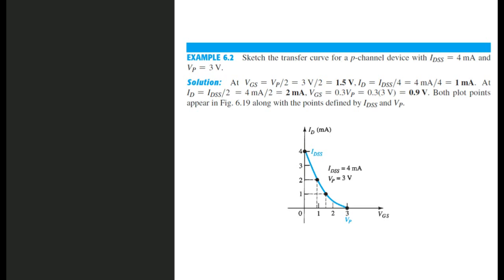reverse behavior than N channel. So the curve will be at right hand side in P channel devices. So I hope this example is very easy for you guys, and you can solve it by yourself. So let's move to the next topic, which is